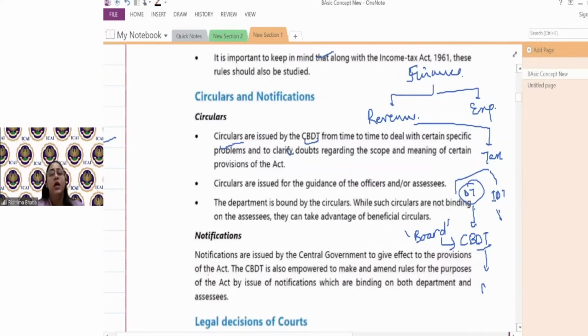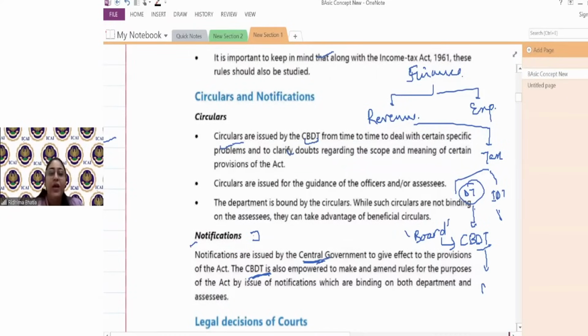And notifications are sort of, again, these are also sort of releases which are given by the central government or by CBDT to give some impact or to give some benefit, to give some decision which is already there in the act. Act में लिखा हुआ है कि as notified by central government. अब कुछ चीजें with time आएंगी, so government would notify it, government would inform you timely about it and it would come through notifications. ठीक है.